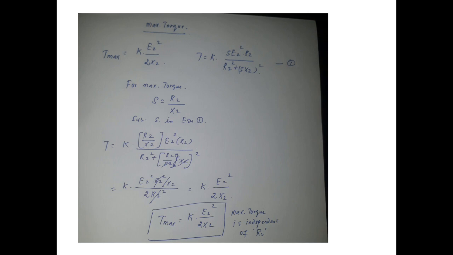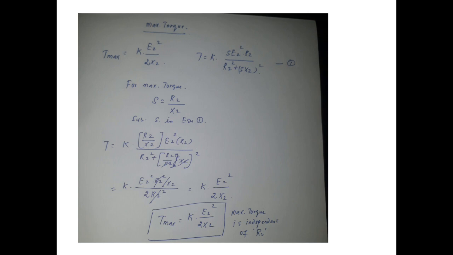Then the slip at which the maximum torque occurs is determined by the rotor resistance. The torque is maximum when rotor reactance is equal to resistance. Whenever my rotor reactance and resistance are equal, only then does my torque become maximum. Maximum torque varies inversely as the standstill reactance, hence it has to be kept small. If it is high, my torque will be reduced. So the standstill reactance should be less.